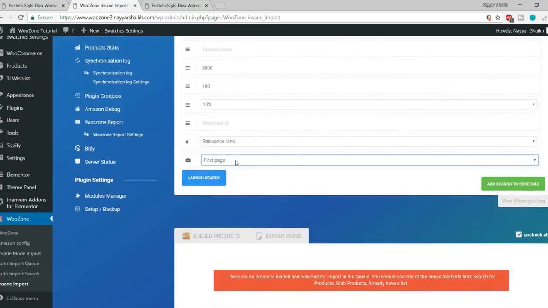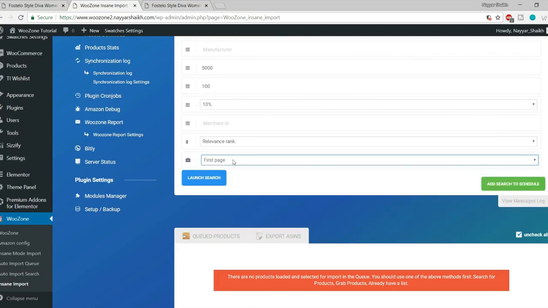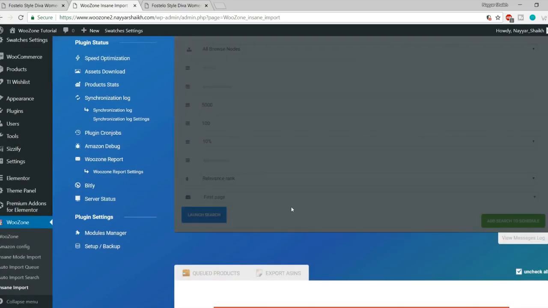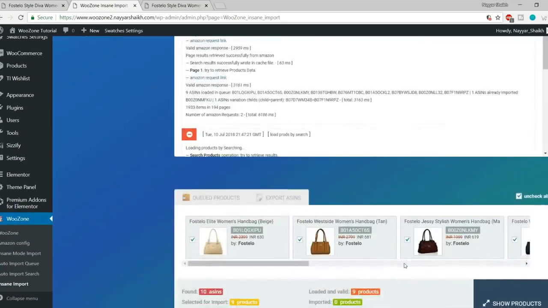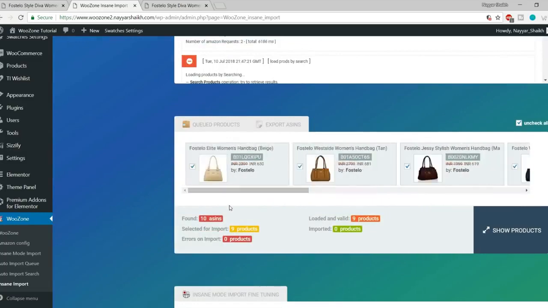I want to import the first page or the first 2 or 3 pages of the result. Okay, so I want only the first page. So once you select all these things, click on launch search. Alright, now as you can see, we have all the products that are on the first page. Now if you want, you can